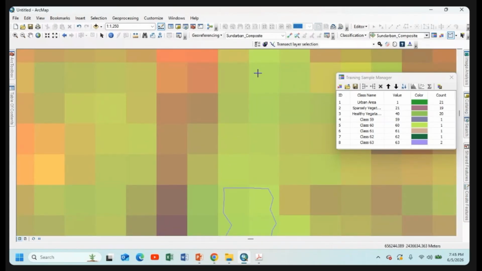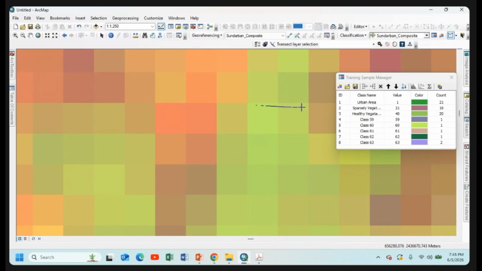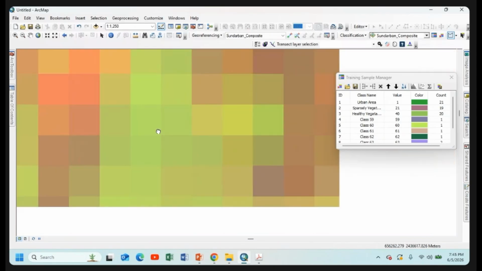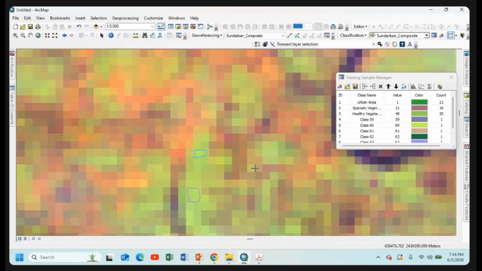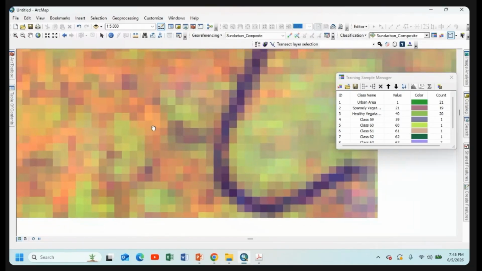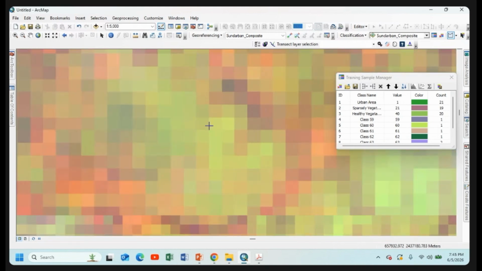This is also, and here some pixels are clearly visible for agricultural land. In the mangrove area, no agricultural field is properly observed, so we will not go to this side. We'll identify it from this side only.